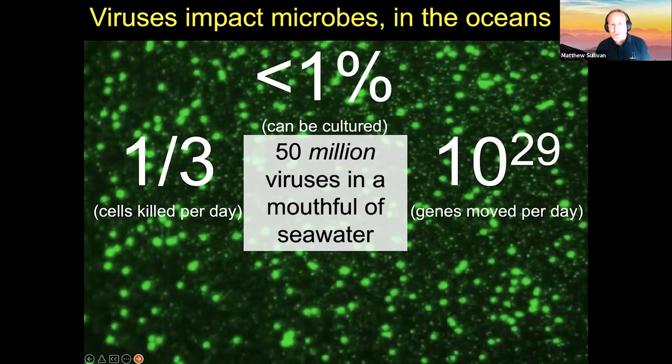And if you do experiments with a genetic tracer, this is one data point scaled to the global oceans. They move a lot of genes per day. So if we think about something like antibiotic resistance or the ability to use a certain nitrogen or phosphorus substrate, viruses can move that capability or that trait from one microbe to another if there's selection to do so.